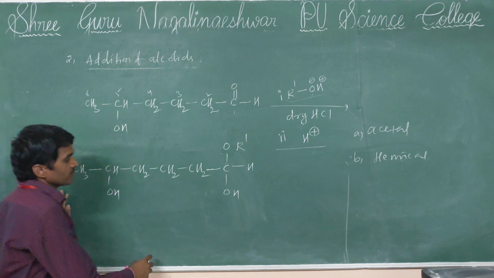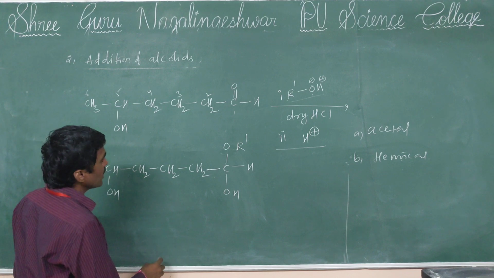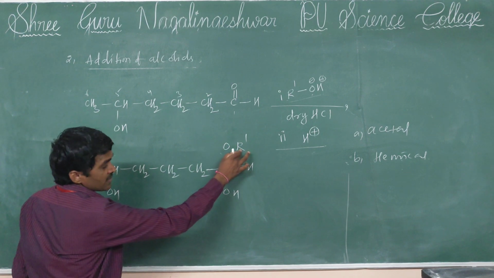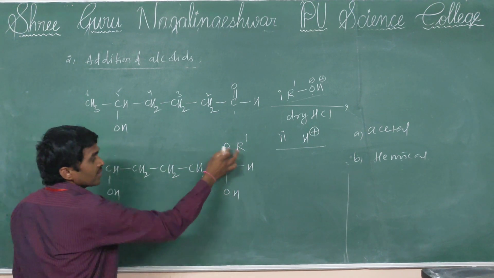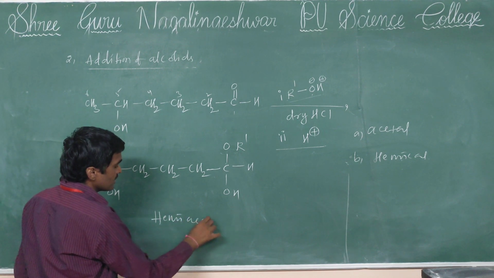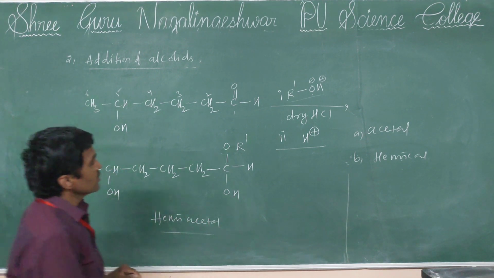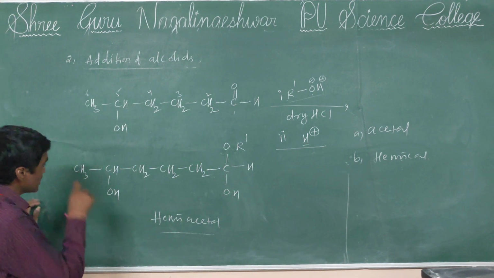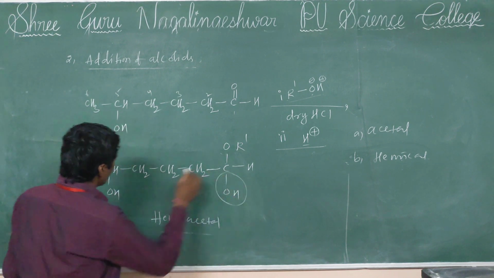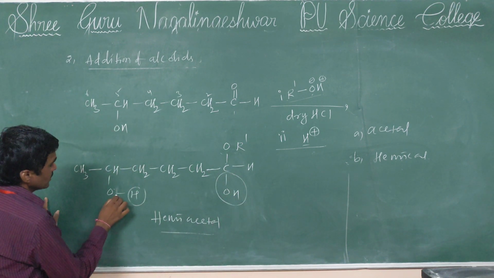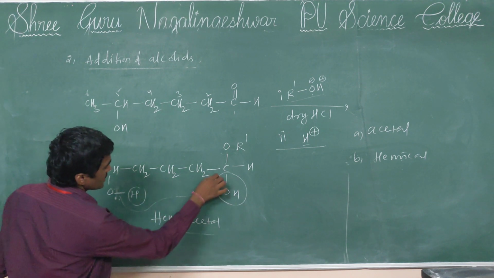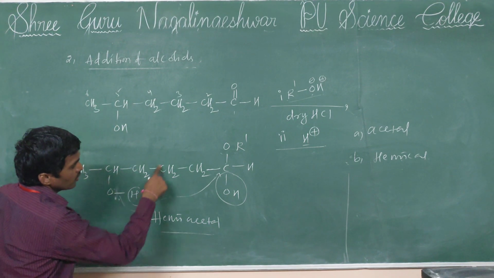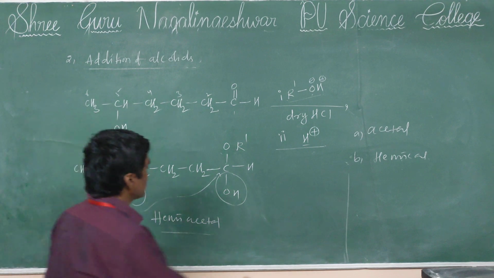In this reaction, one alkoxy group is present. One alkoxy group, as I already told you, is said to be a hemiacetal. In the presence of H plus, again water is eliminated: OH from here, H from here. This bond is joined to this carbon. How many members in this ring form? Oxygen 1, 2, 3, 4, 5, 6. First of all, you write the six-membered ring.